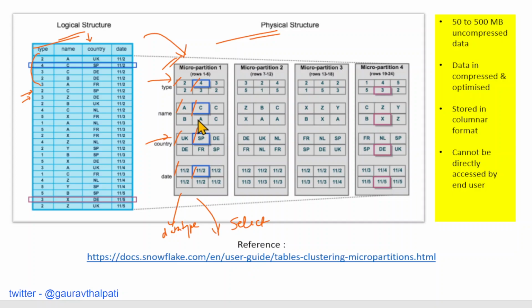So Snowflake uses both of these: micro partitioning as well as columnar. Micro partitioning tells the query which micro partition it has to fetch data from. Let's say we are trying to fetch a query where country is equal to SP. It knows where that is, so it will go and fetch only the micro partitions where this exists, and then fetch that particular row for you. This is how it will work.